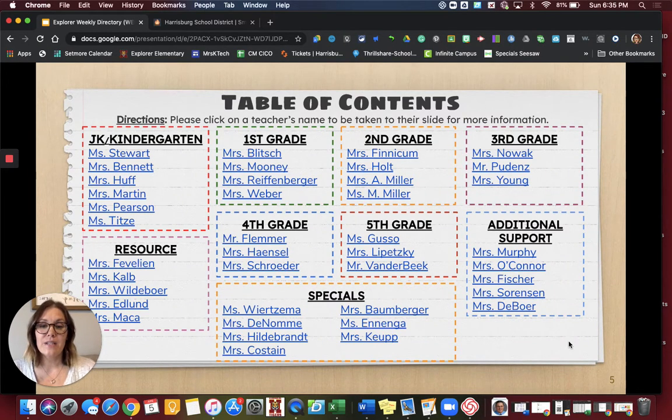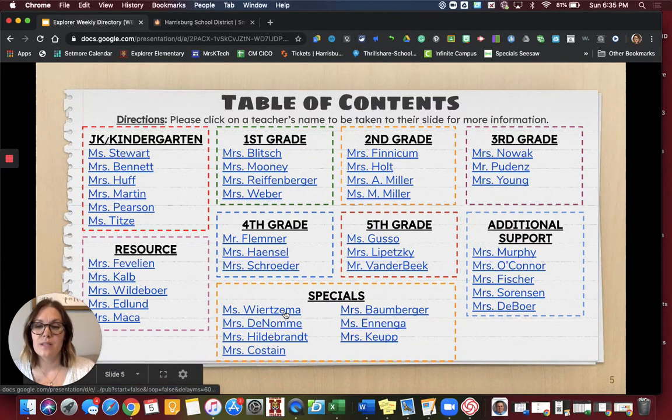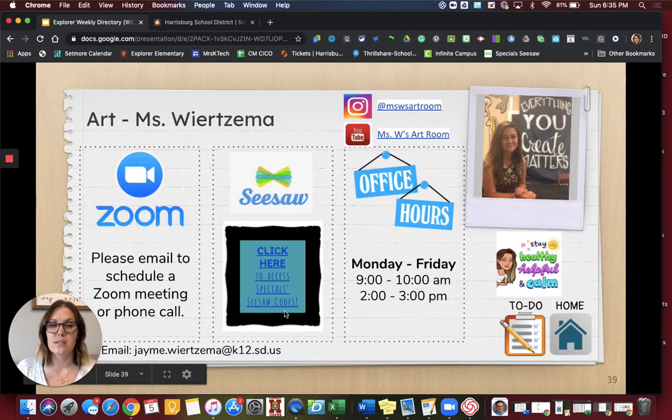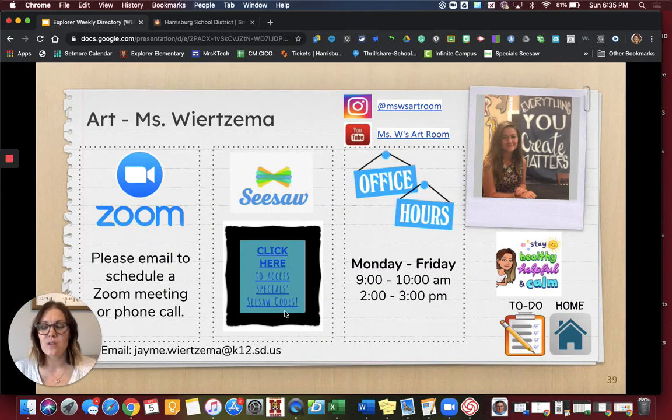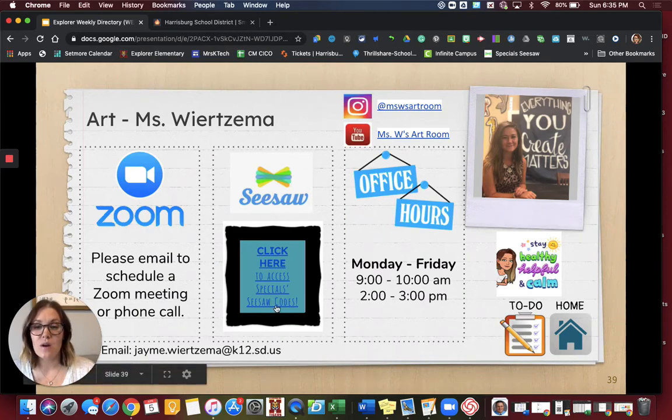So back at our table of contents, we're going to check out Miss W, our art teacher's slide. And you'll notice this looks a little bit different. The specials teachers look a little bit different. We still have their Zoom information on the left. We have office hours on the right. But on hers, you'll notice instead of a QR code, we have a little thing that says click here to